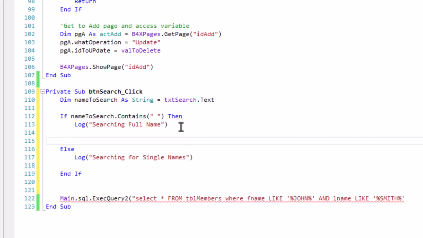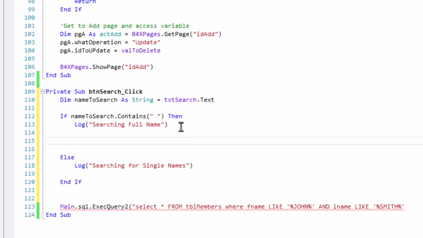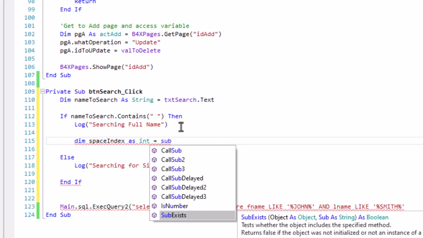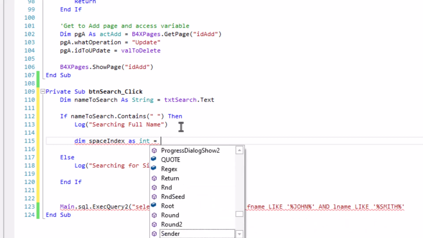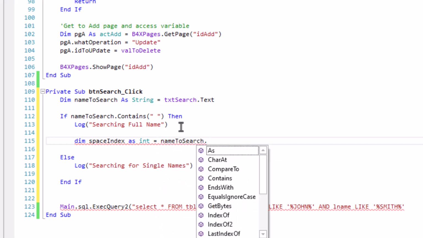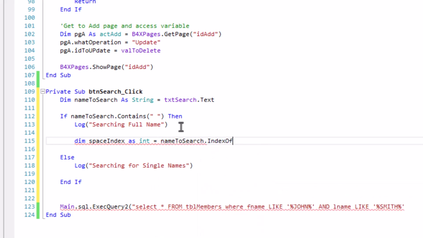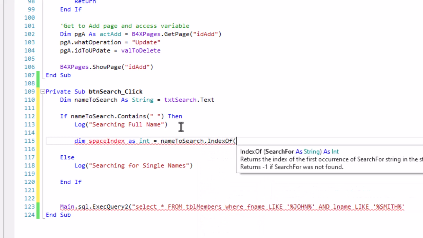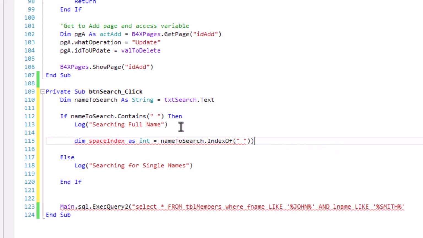Assuming first name is the one that comes first and last name is the second one, we can have space index x equals name to search dot index of. We want to locate the position of the space, so we just give an empty space as a parameter.